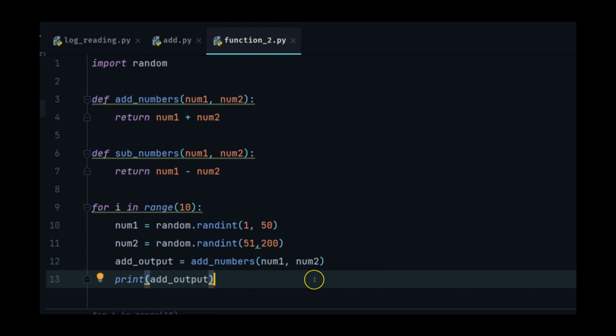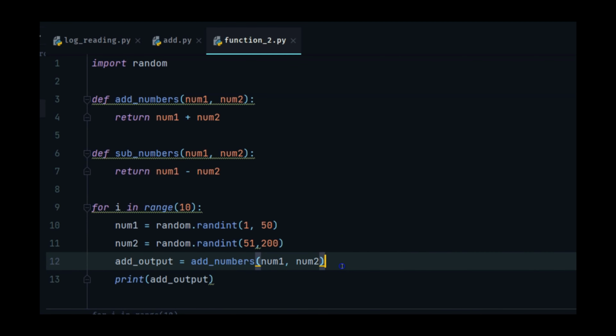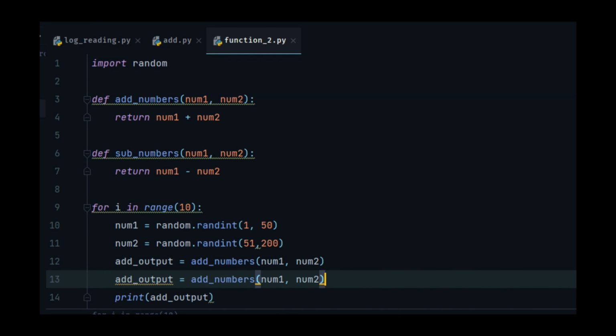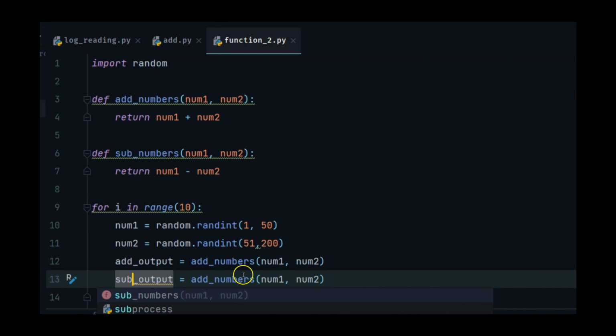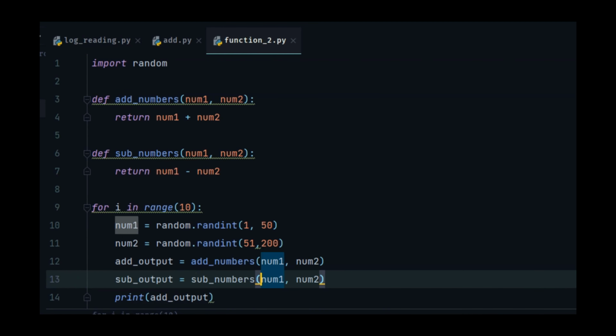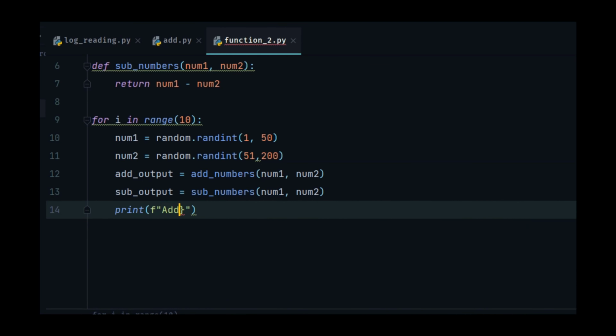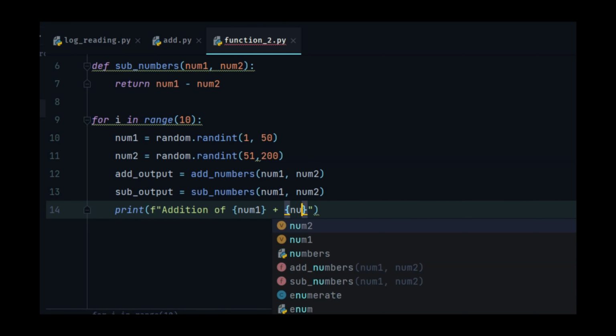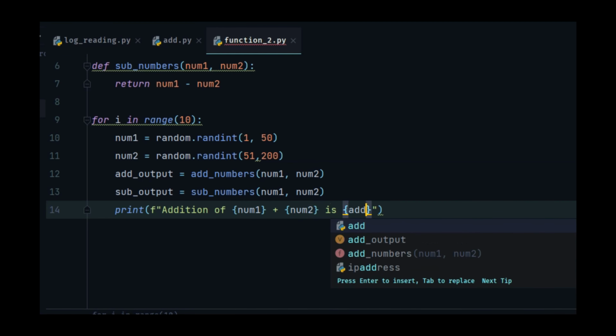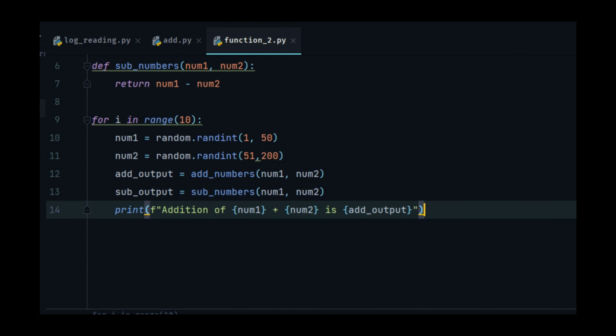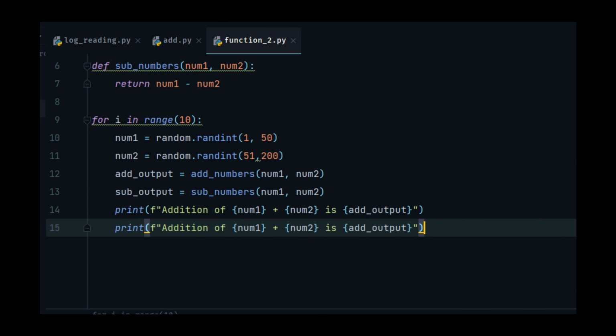So print add_output, and similarly we will do for sub_output. And in this case, I will say print f addition of is add_output, and the same thing we'll take over here.